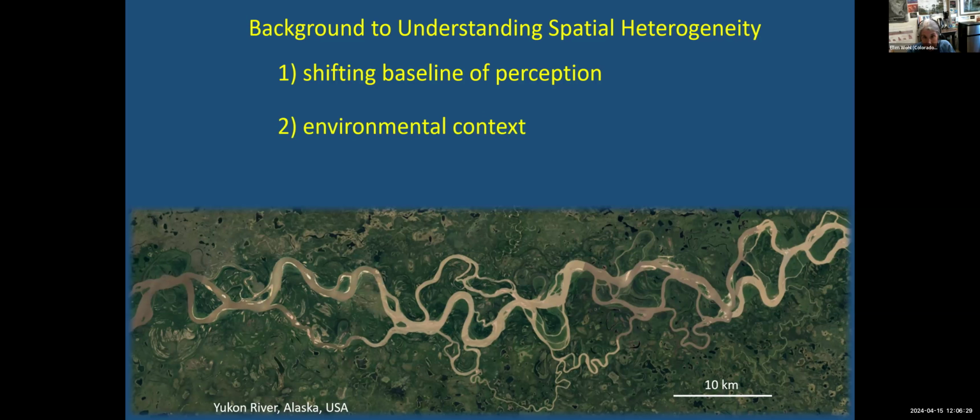Second part of this background is just that not all rivers are alike. I'm showing you a nice Google Earth image of the Yukon River in Yukon Flats in the middle of Alaska. There are lots of rivers that never look like that prior to human alteration. So it's not like we can take some particular river template and say, this is what rivers should look like. You really have to pay attention to all aspects of the environmental context, from where you are in a river network. Are you in the headwaters? Are you in a lowland floodplain river or a delta? Where are you in the world in terms of biome, climate, geologic setting?